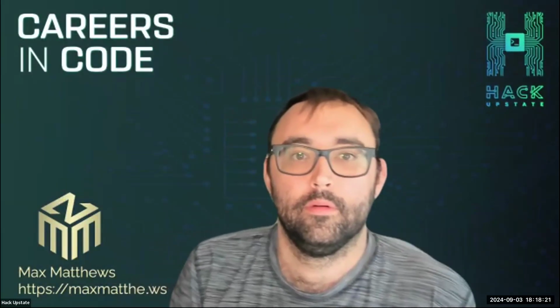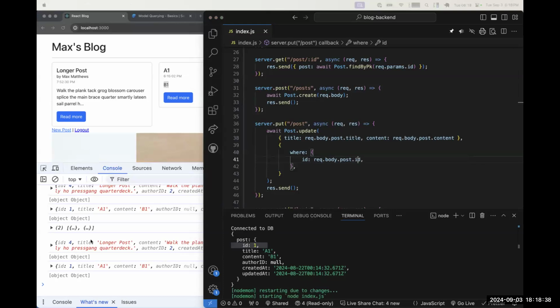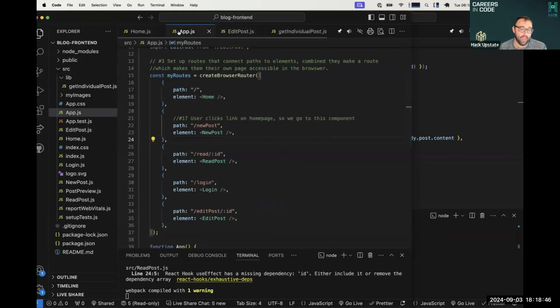Anyone else need help? Anyone else want me to run through this code one more time to see how it's flowing? Yes. Okay. So I won't do the entire thing, but all the way up in app.js, we have added in